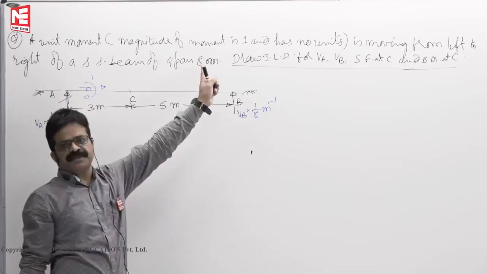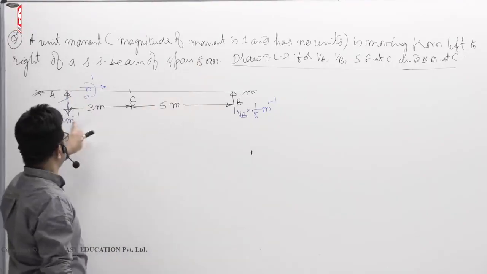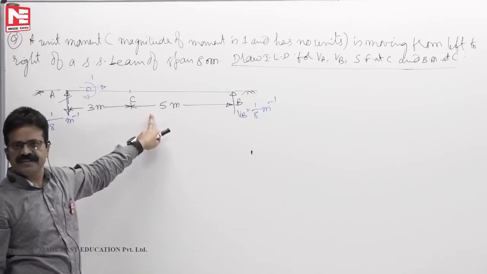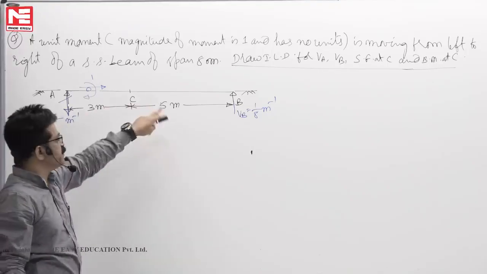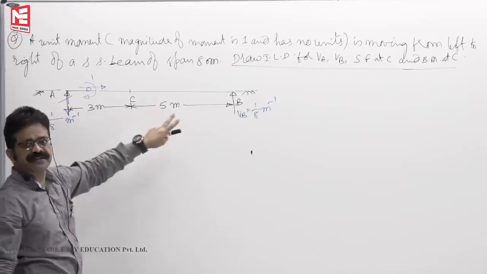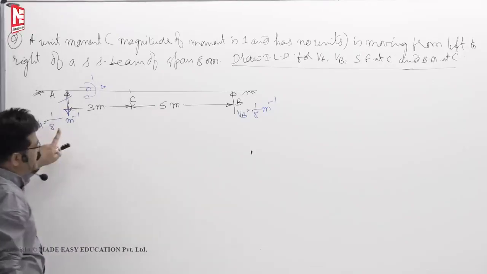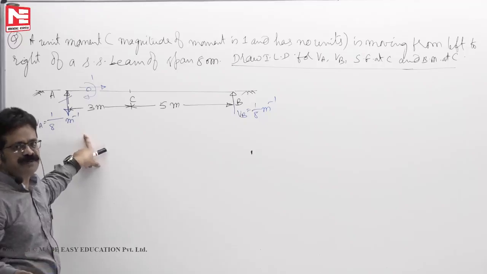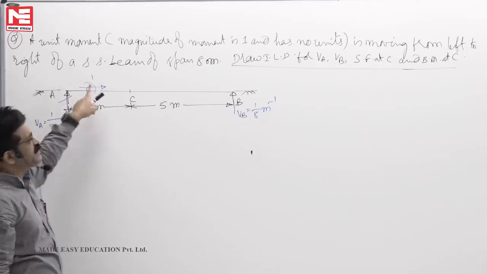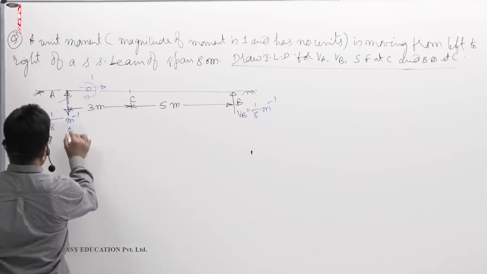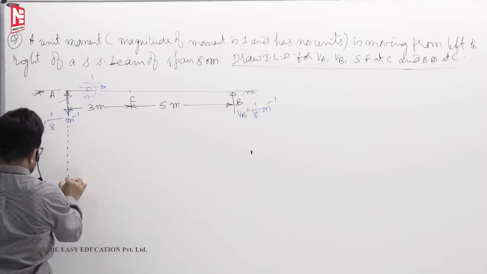This will form a couple whose magnitude is 1 by 8 meter power minus 1 into 8 meters. So meter power minus 1 into meter cancels out, 1 by 8 into 8 is 1 and that has no units. Now this reaction has units of meter power minus 1. That means this is some imaginary load. Okay. Now, how to draw the reaction